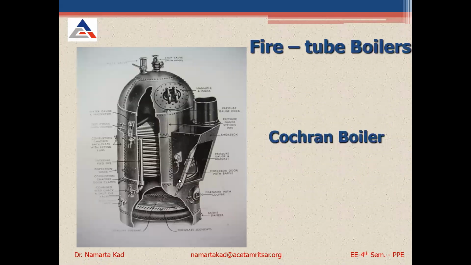So this is how the Cochran boiler looks practically. See here the arrangement of tubes. There are lots of tubes arranged in various rows, like here you see 10 to 15, and here again 10 to 15. So there may be 100 or more tubes in the Cochran boiler through which the heat flows, and the water is all around these tubes.